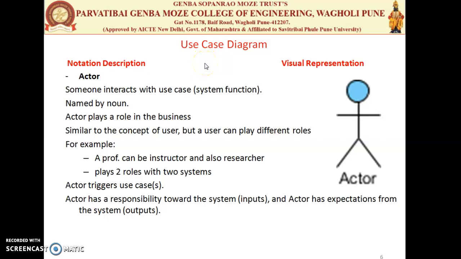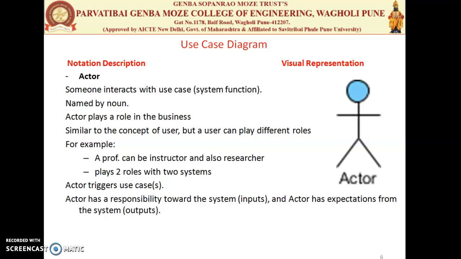Firstly, we'll talk about the actor, and how to identify the actor in the system. Actors specify a role played by a user or any other system that interacts with the subject. It may be represented as a role played by a human or a user, or we can say external hardware or other subjects. The actors are always outside the system and interact with the use cases. An actor provides input to the use cases, or tries to retrieve output or get results from the use cases.